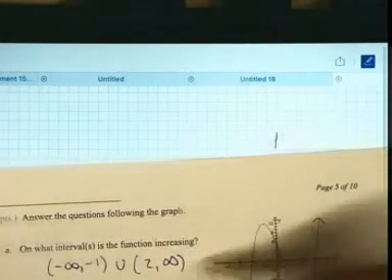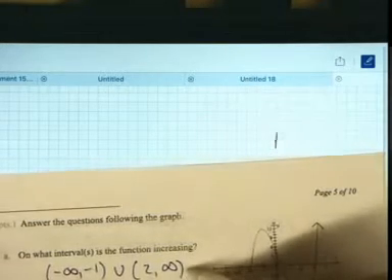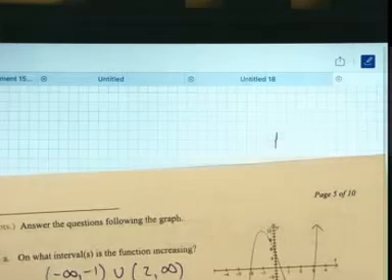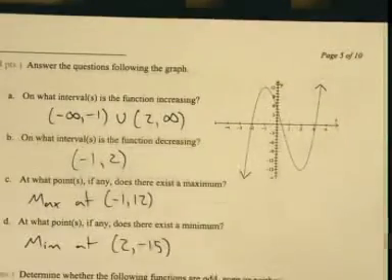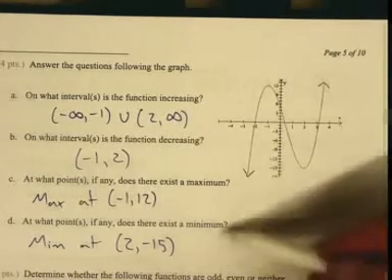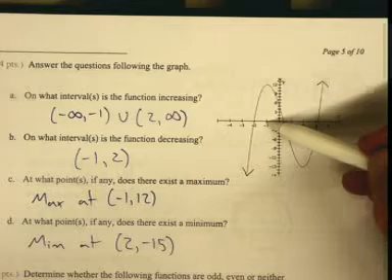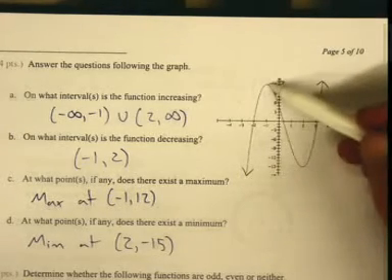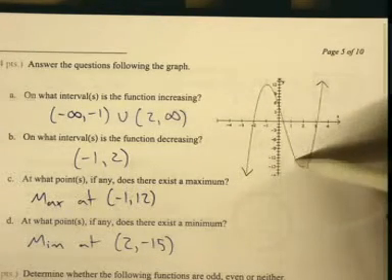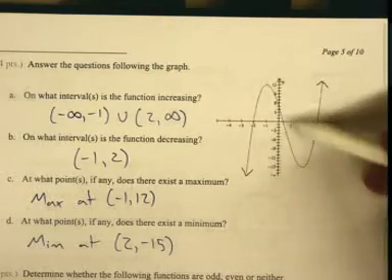So according to the x values, as I read the graph from left to right, starting way back here at negative infinity, the graph is way down here somewhere, but it's going up. And I continue going up all the way until I get to -1. Then at -1 I start decreasing, and from -1 to 2 I'm going